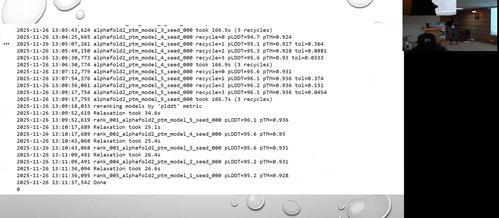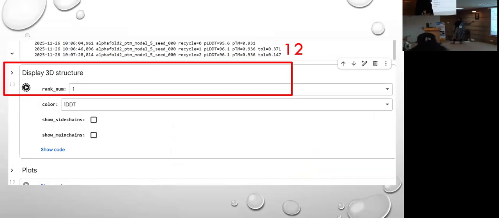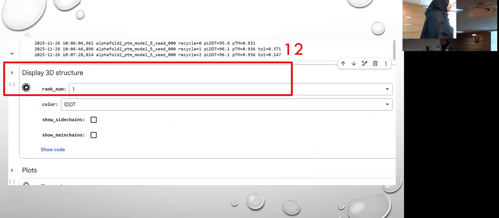After this, you will play the display 3D structure cell. Once you get the done line, then you play the next cell, show side chain. This is for the picture. If you want side chains in your picture, just click on these options.